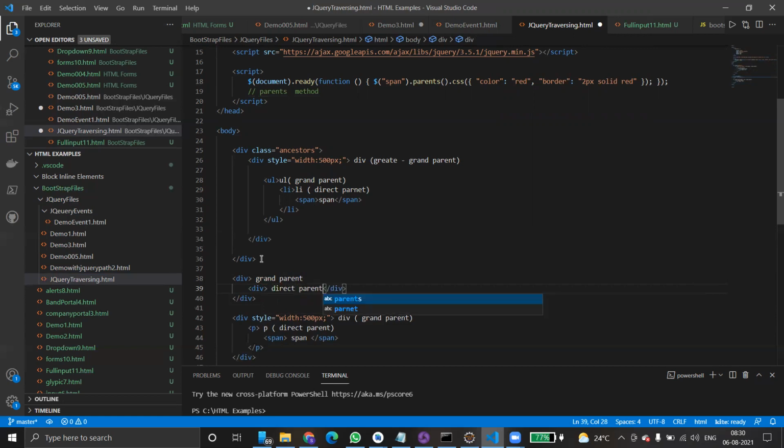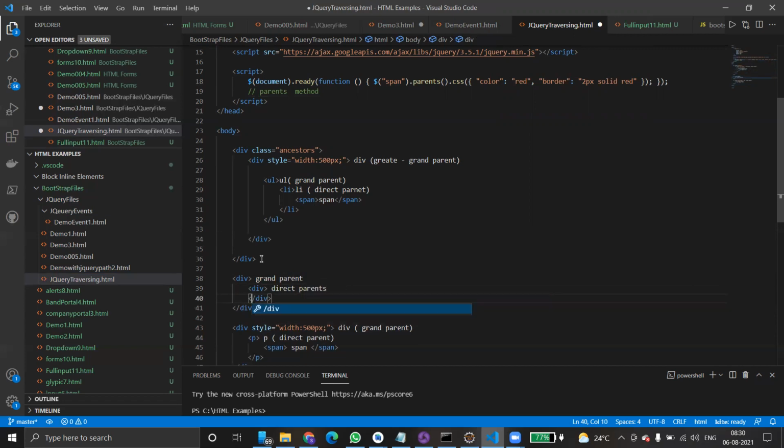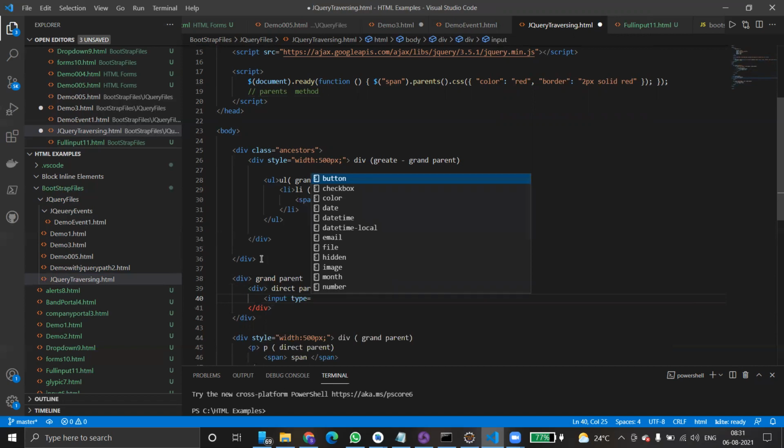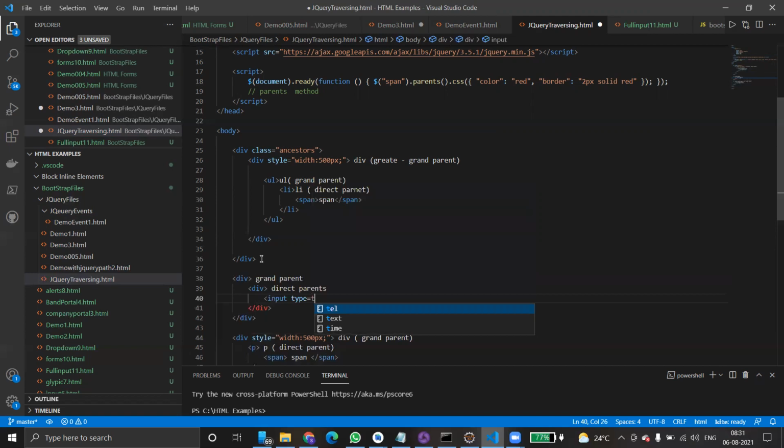Inside this we have an input, type equal to text. That's a text, and then ID equals ID text. I'm just using this one, text. Value equals demo, and then close.